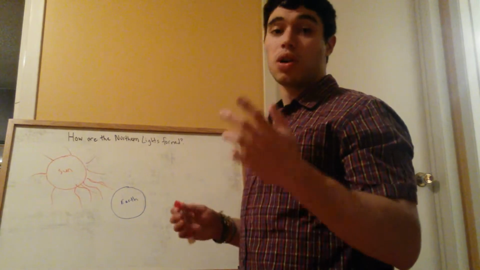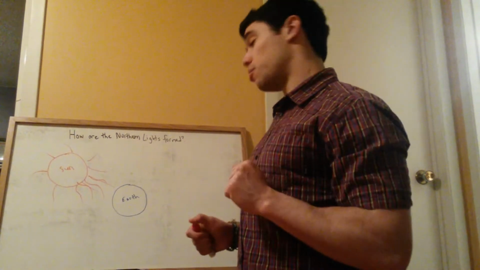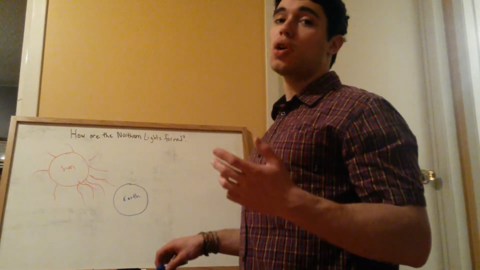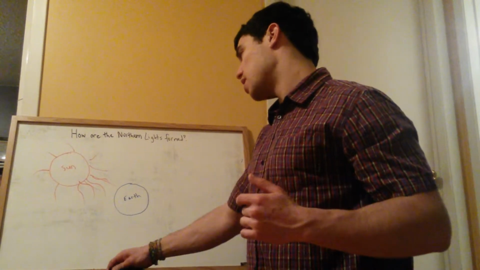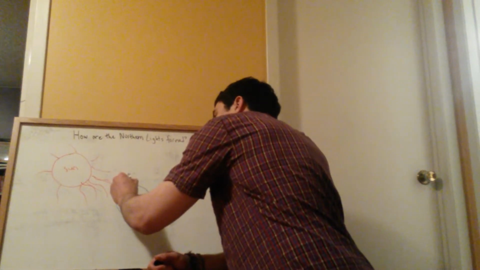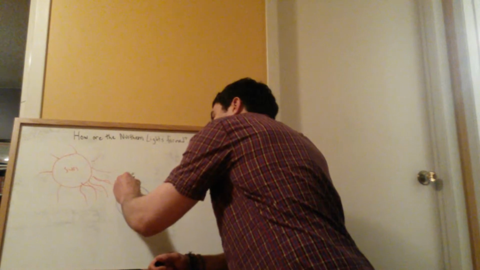Now it turns out the earth has a magnetic field, as some of you may know. That is how our compasses work. So the earth can actually be modeled as a magnet with a north and a south pole. If we draw that on the earth in this diagram, the north pole is here and the